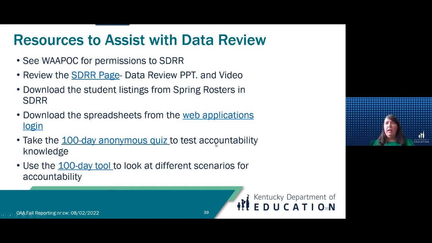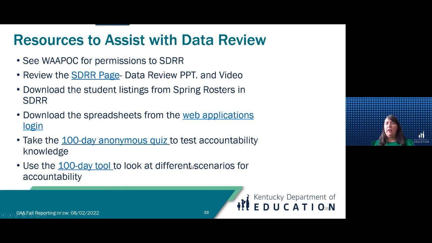And remember, it's been 2019 since we last had accountability, so even if I've been around for a while, I'd still want to look at these two tools for 100-day and a 100-day tool for data review. Your 100-day tool is going to look at scenarios that you have for accountability and see where those students would be accountable. It has different scenarios for you.